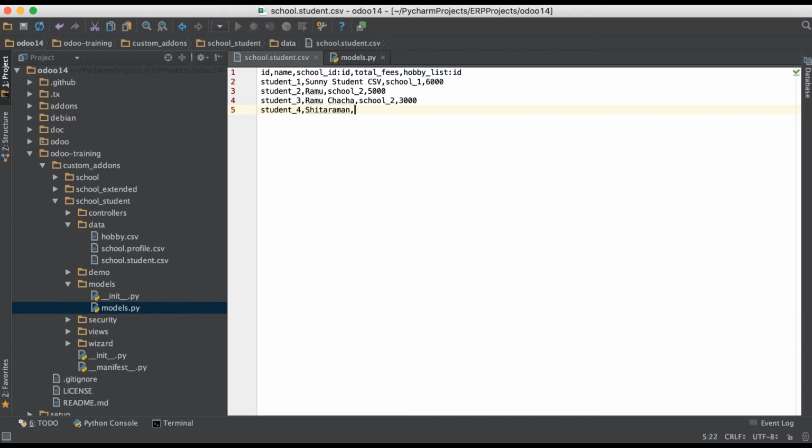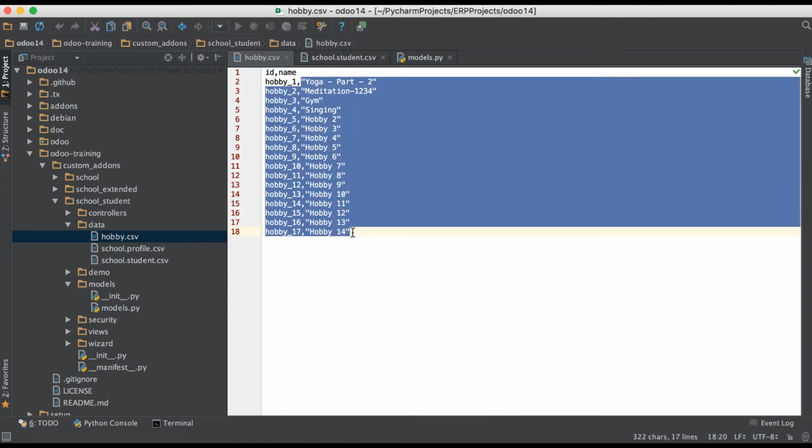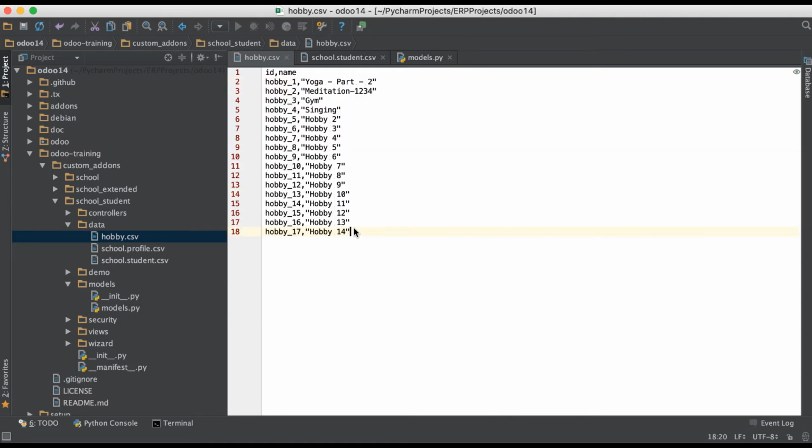Sita Raman, and here I have to add the school ID, like school_2, then the total fee is 4,000, and here we have to add the hobby list, but I don't know the hobby list ID. So let me open this hobby.csv file, and you can see multiple hobbies provided.